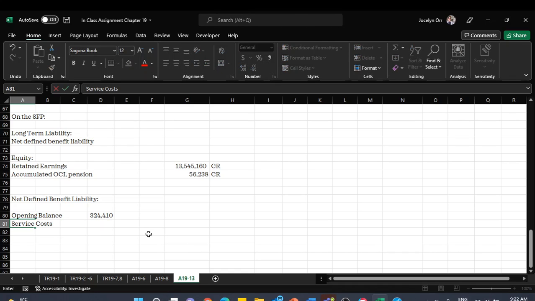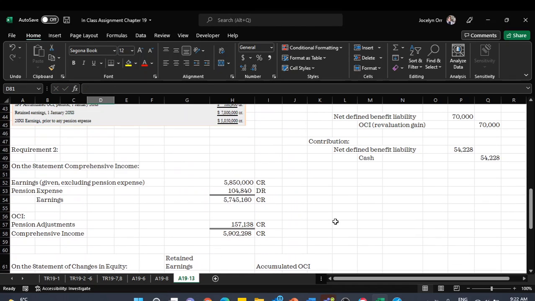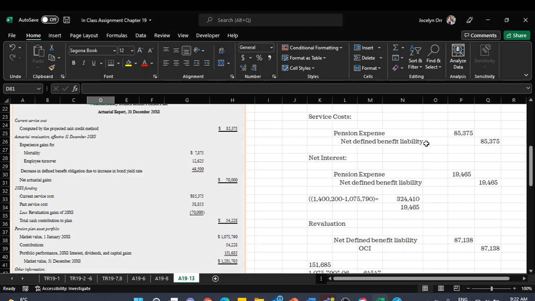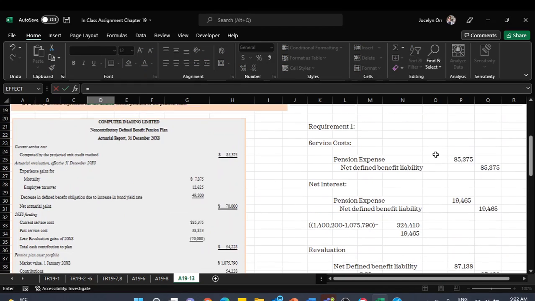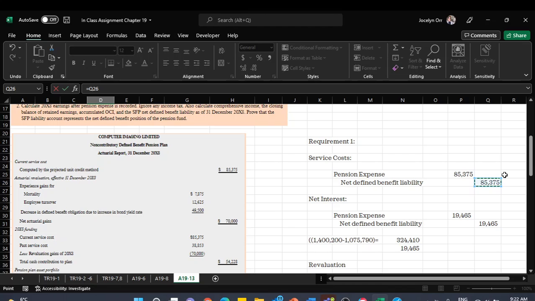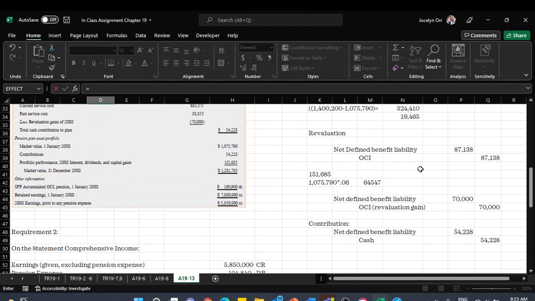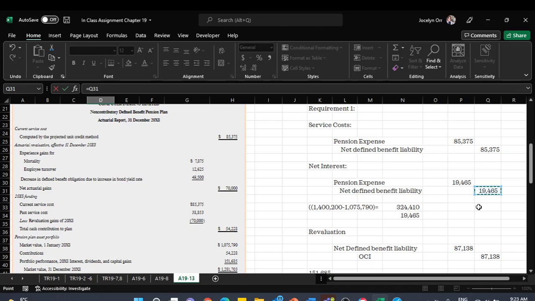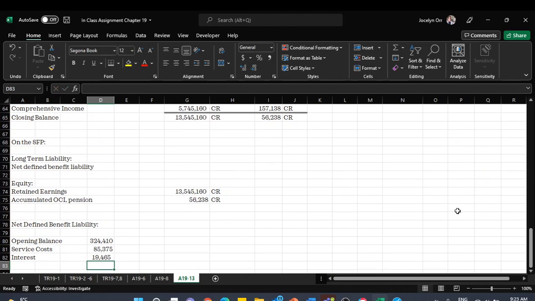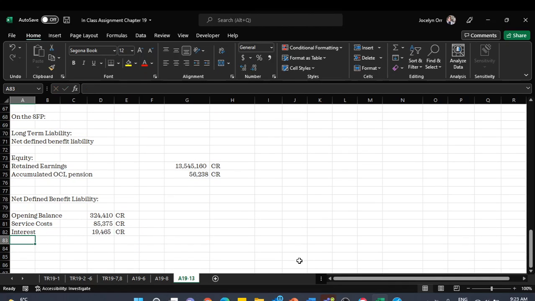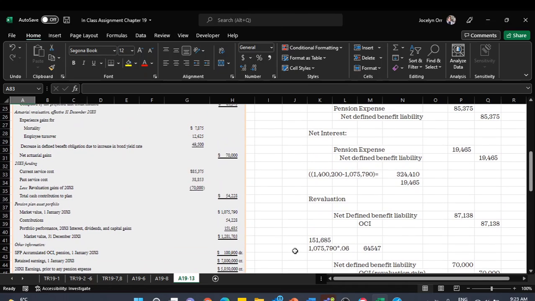So that's what we're starting with. We then had our service costs, right? We had a credit for $85,375. We had our amounts related to our net interest, which was $19,465. Again, sorry, these are all credits. Okay. Next, we had